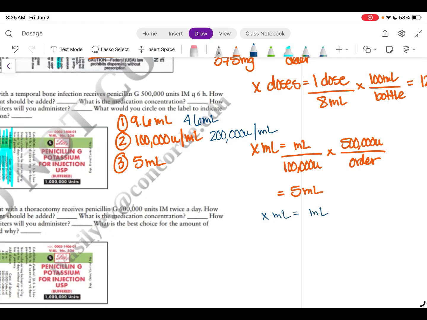It will be milliliter per 200,000. You multiply by your order. Right, and now your answer's 2.5. So it matters which diluent you pick because your concentration will be different, therefore your answer will be different. Okay,